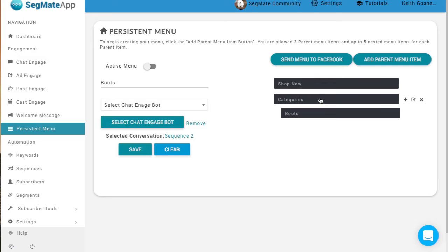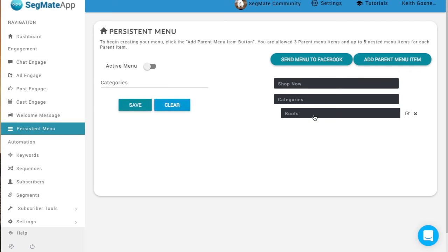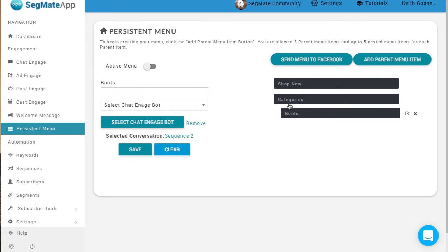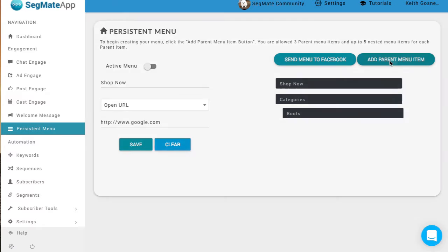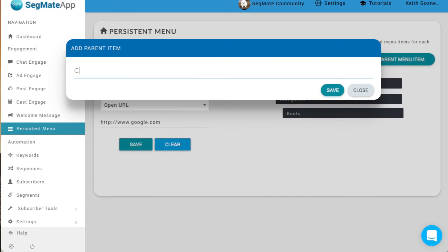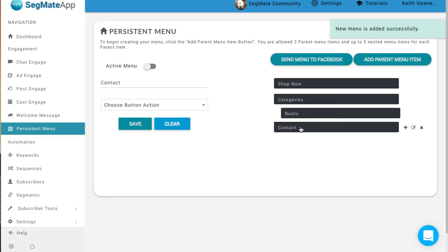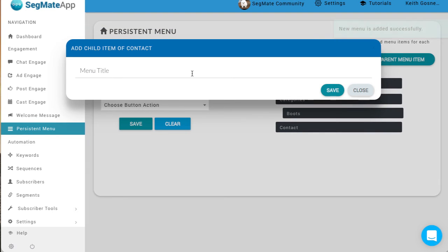Okay, so you'll see here I have a parent item which has no action. And then I have boots, okay? And of course I have a top level item here as well. Now I'm going to add my third parent item, okay? And I'm going to just say contact us, okay? Now I want to give them multiple ways to contact me. So I'm not even going to apply an action to this because I know I'm going to put children underneath it. And that first thing I'm going to say is